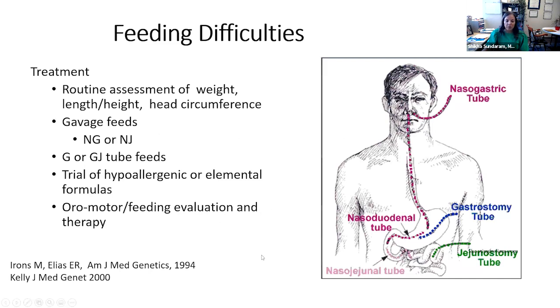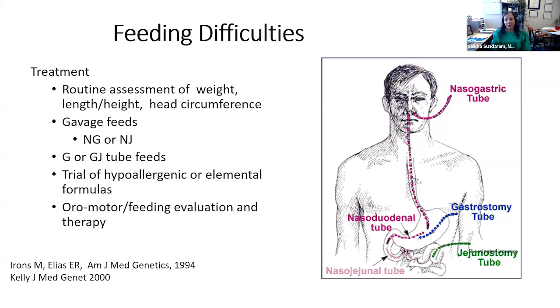And so what do we do about this? First of all, it has to be recognized, and that comes from a good history and a good physical exam, which in my eyes includes a weight and a length or height, and also a head circumference. Head circumference is often the most unreliable measurement just because it can be difficult to take. And if we're seeing persistence of feeding difficulties that result in difficulty to grow, both weight and or length,